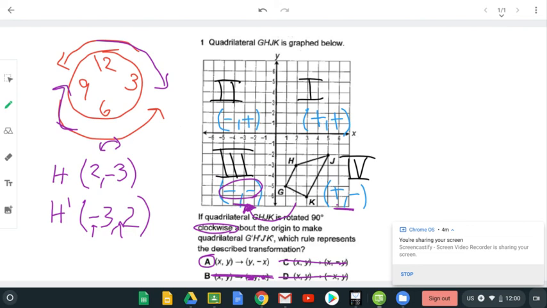All right, so we want to make sure that we pick our coordinate point, we apply the rule